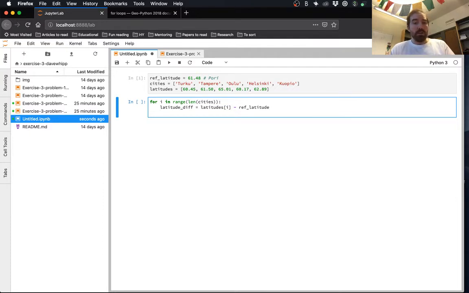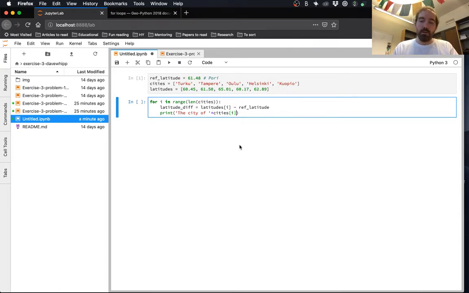Once we've calculated this, we can have a print statement in here, and we can say, let's say, I'll use maybe single quotes here, the city of, and then we can put in here our cities, again using our cities list and whatever city i is, so whatever value we have in our for loop.